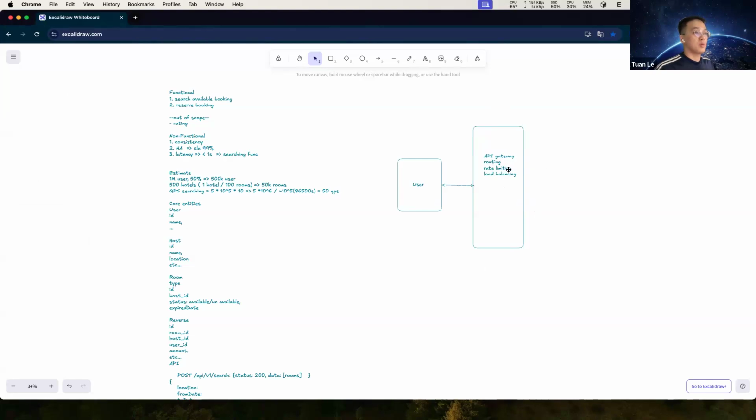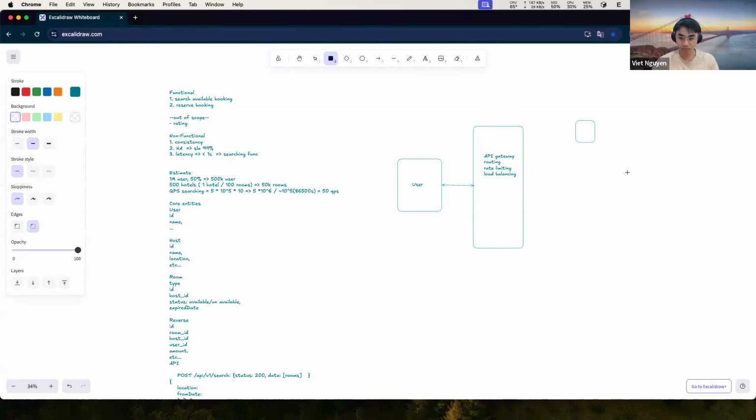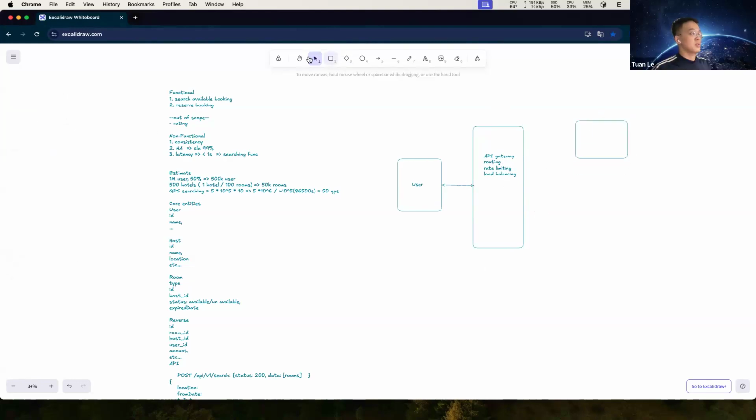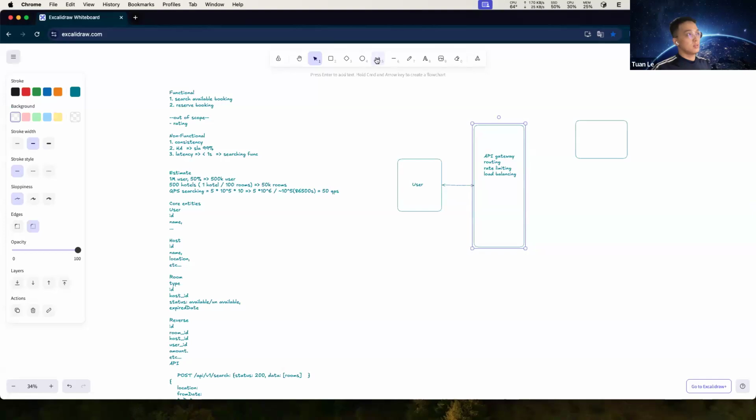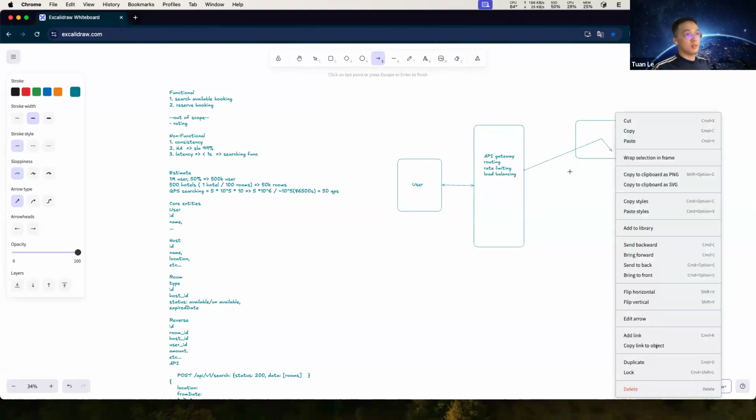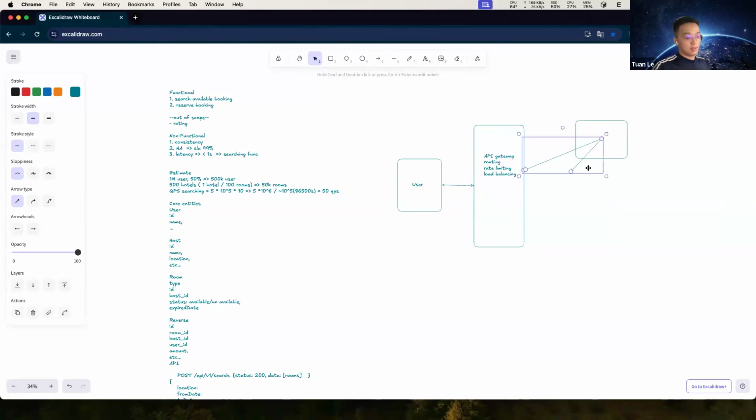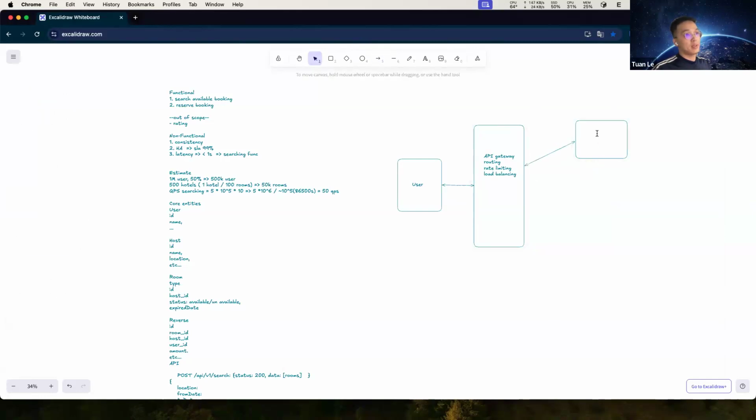We have the API gateway: routing, rate limiting, and load balancing here. I want to design with microservices. The first one is the search service.